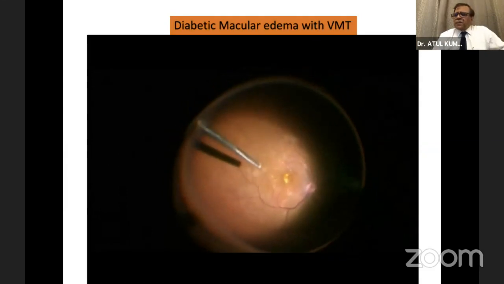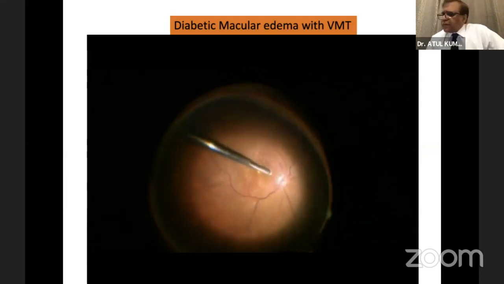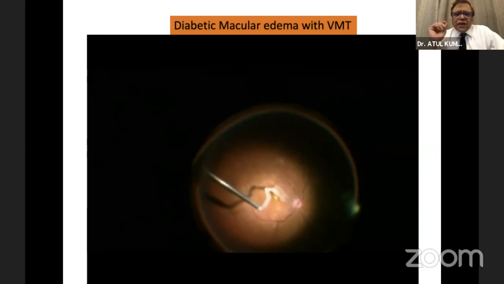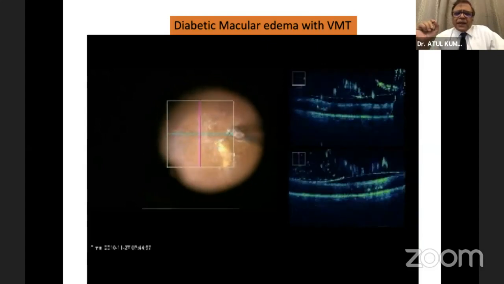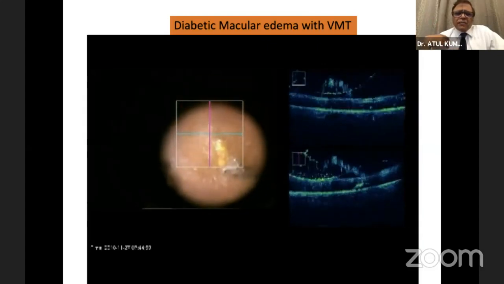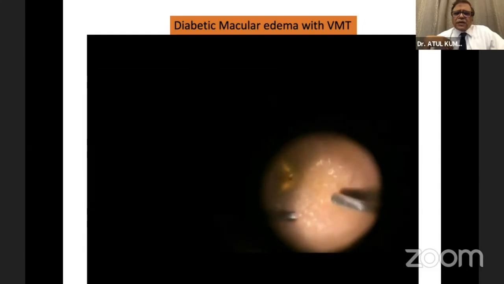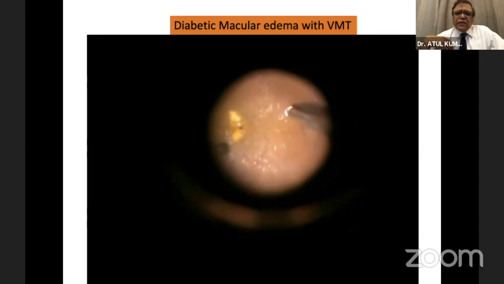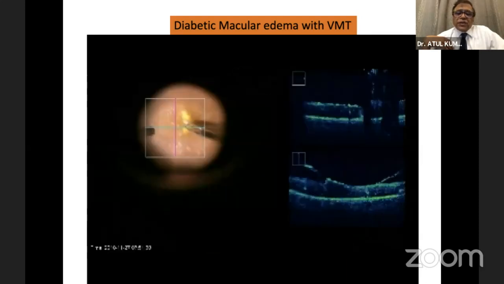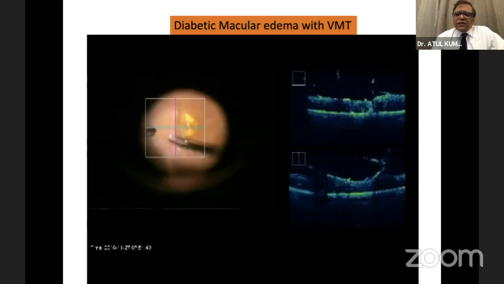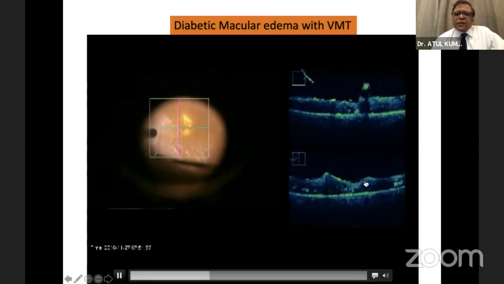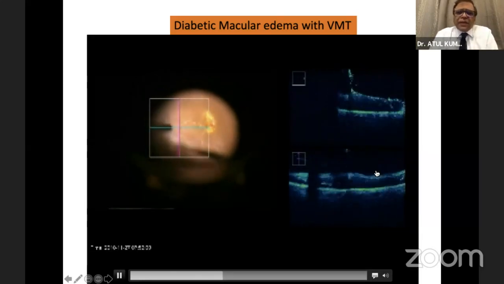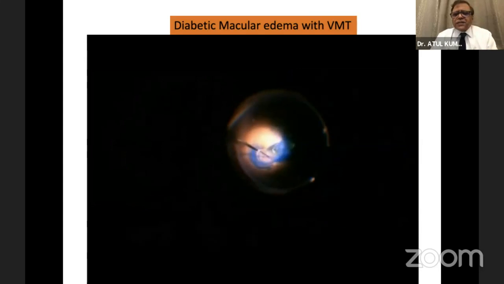So I'm just showing a quick clip because I know Chaitra is short of time also. So I won't waste much time on any of the slides, and just highlight the important points in each slide. So we have the Ingenuity 3D, which I like to work on, and the IOCT device. So once you got tractional edema, then with a severe vitreomacular traction, like you just saw in the OCT in the previous slide, I know this kind of a vitreomacular traction is a wide, broad-based VMT, because it's classified internationally into a broad-based and a narrow-based VMT when it's greater than 1500 microns or less than 1500 microns.